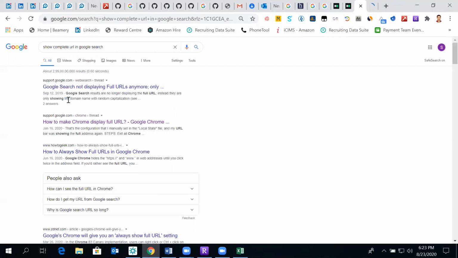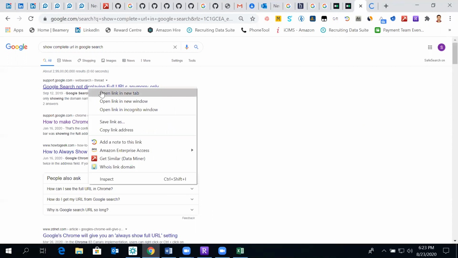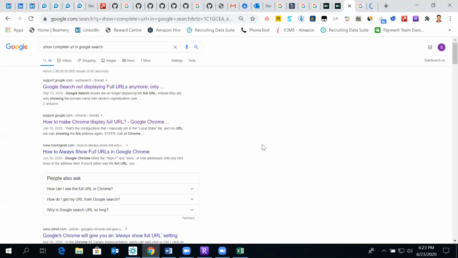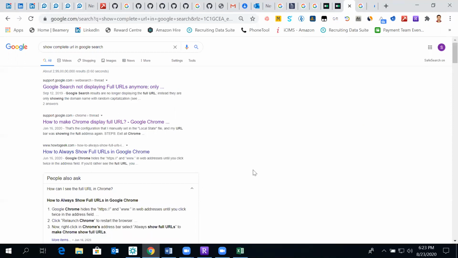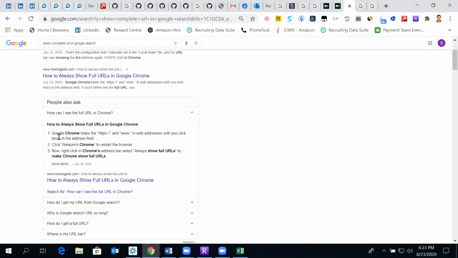So maybe a recent change. Now right click the Chrome address bar, select always show full URLs. Click relaunch Chrome to restart the browser. Okay, maybe we'll have to do some troubleshooting.